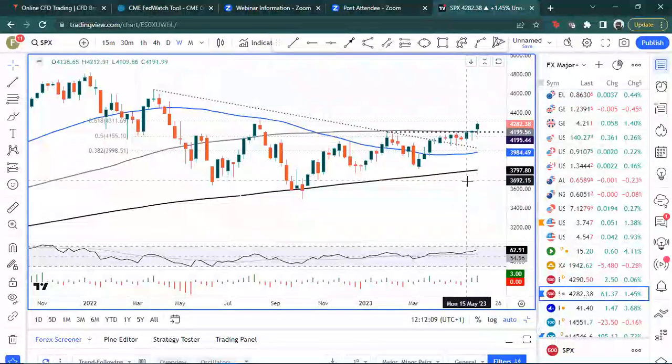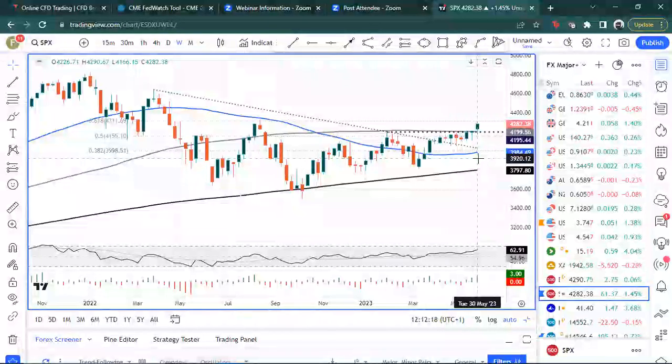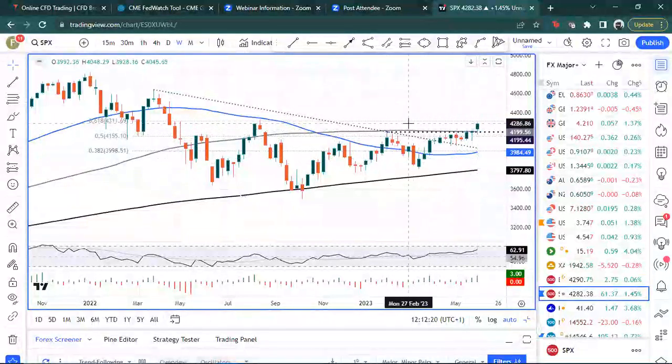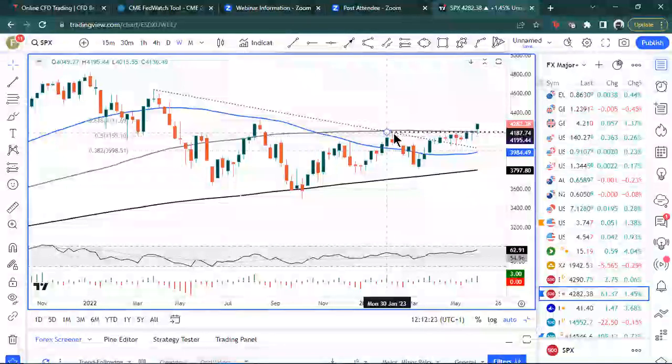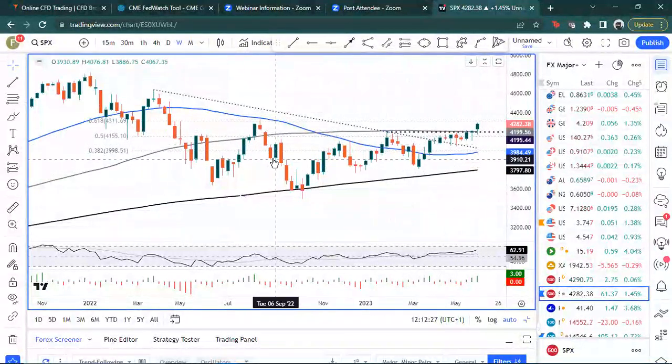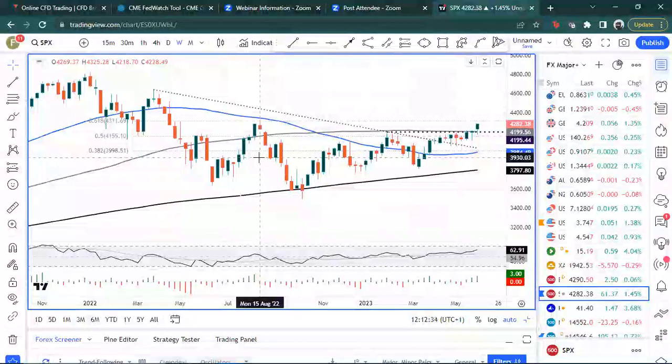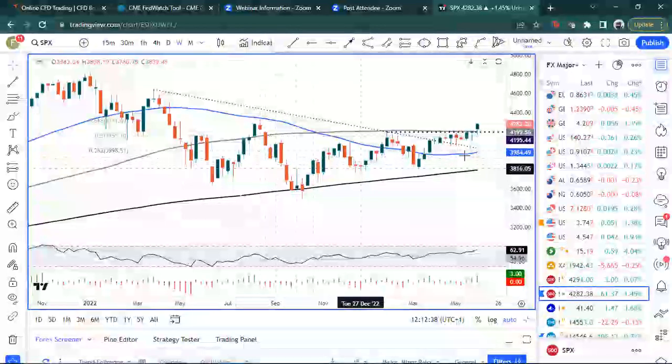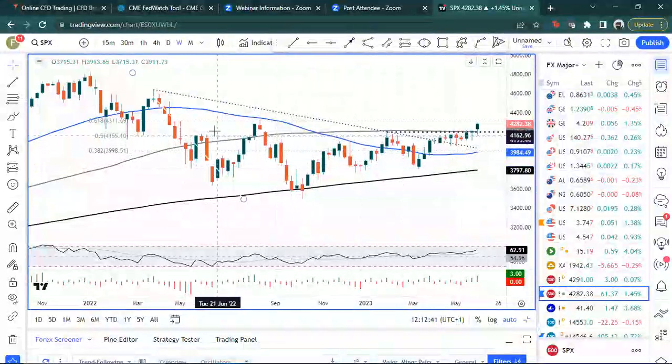A push higher and closed near its highs as well. So the highs from last week were 42.90, and we closed at 42.82. So a really positive close, above that strong zone of resistance that we had seen over the last few months at 4,200 or so. So that's now key support for us, and potentially we should push up towards, say, 43.25. That's the high from August last year. That's certainly the target for bulls in the near term.